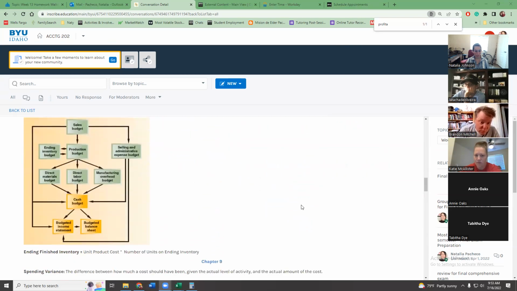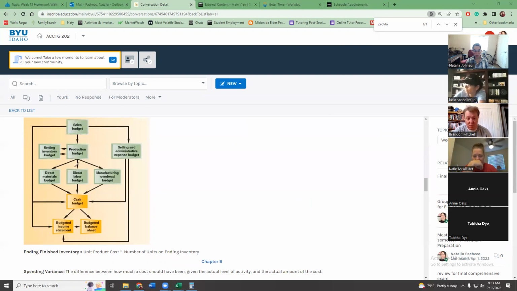Okay, then chapter 8. I will go through that master budget again and review it because it's been a while and it's so much information. But remember this order, that is always the sales budget, and then it goes to the production, and production